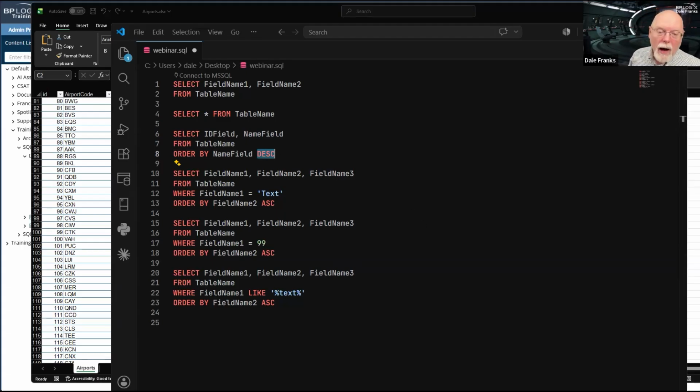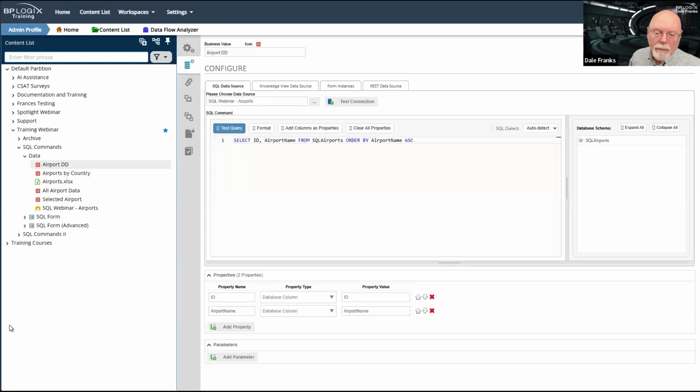So whenever I fill my dropdown here in Process Director with my business value, what I'm going to need to do is select ID and airport name from SQL Airports, order by airport name. And as I said, I throw that in. That's my deal. You don't need to be bound by that. Just know that if you put it in, you're not hurting anything.